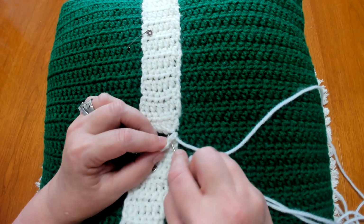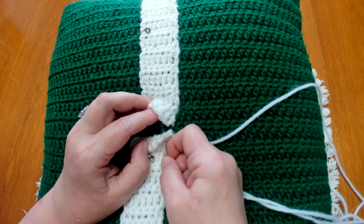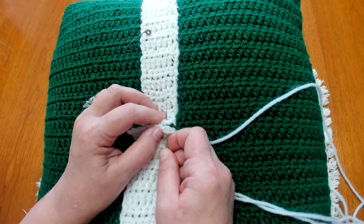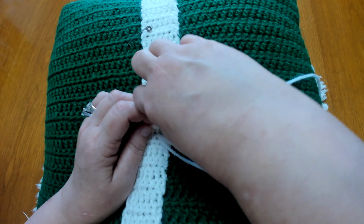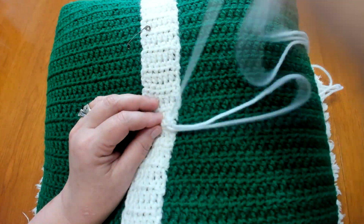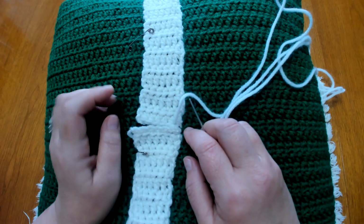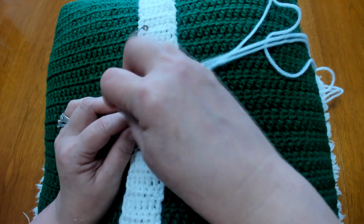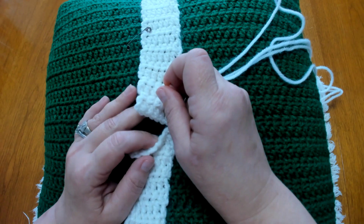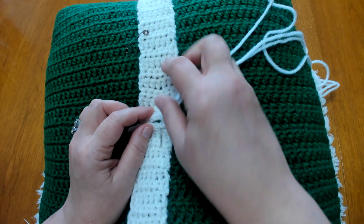So now we're going to go up under this stitch. You want to grab some of the pillow like that, and then you're going to come up through the stitch on the other side and just pull your yarn through, and that's attaching your pieces together like that. Now we don't want our stitches seen, so we're going to come to the stitch right beside where we came out, grab a little bit of the pillow and join it in the same stitch across,